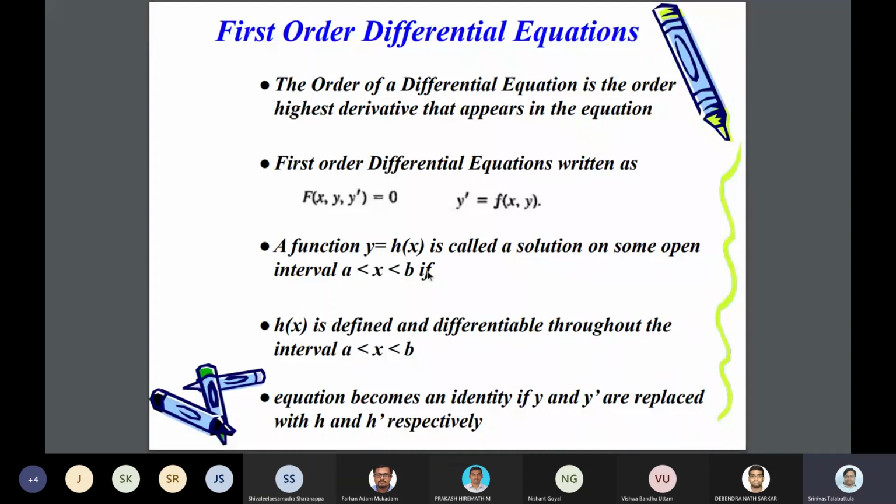So here I'm showing you only functions of one variable. We said that functions of more than one variable will be called PDEs, and of course important. We have to learn them, but we may not be able to learn them in a small